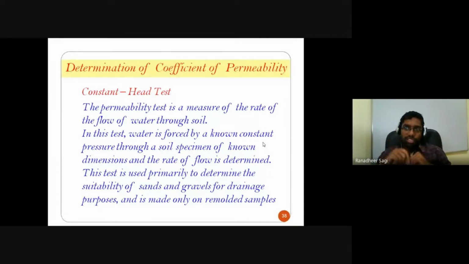It is the velocity, with which the flow is happening. How can I write down the velocity? According to Darcy's law, velocity is nothing but the coefficient of permeability times the hydraulic gradient. The ultimate objective in our discussion is to calculate that coefficient of permeability only. That's the K value. So V is nothing but K into I, where K is the unknown.